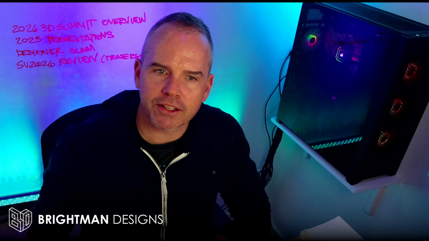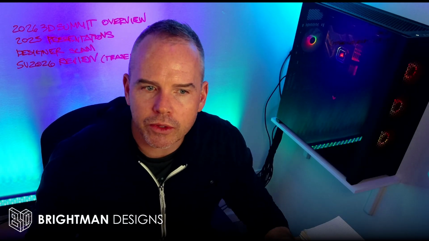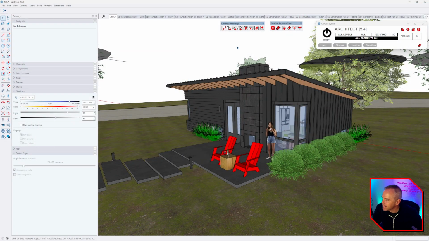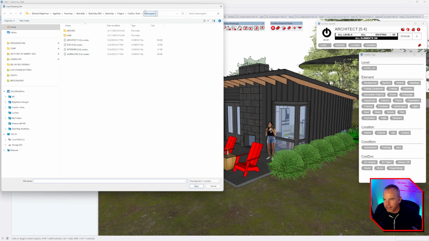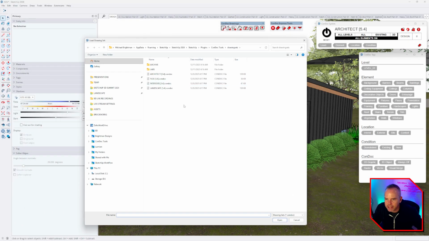So let's hop into SketchUp. I'm just going to walk through the changes and explain how you can work with them and things to look out for. So inside of SketchUp here, we've got our ConDoc system open. I'll open up our ConDoc tags dialog as well. And if I hit this folder here, that's where you open up your drawing sets. So inside of the drawing sets folder, we have all of our new drawing sets labeled with that